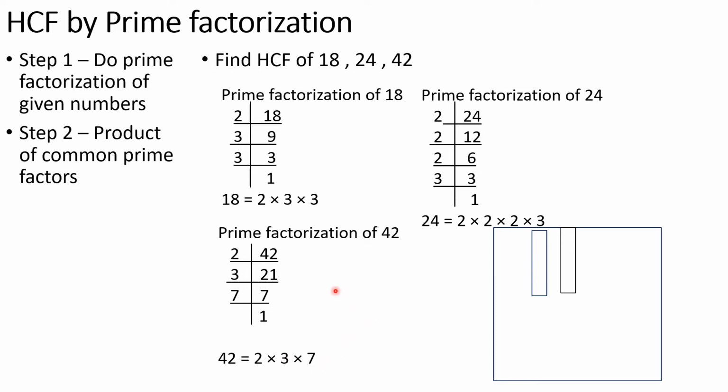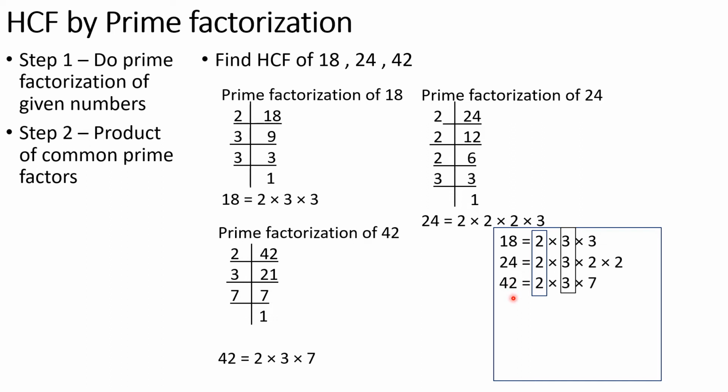Now what we will do, we will write the prime factorization of these three numbers. The prime factorization of 18 equals 2 multiplied by 3 multiplied by 3. Then the prime factorization of 24 equals 2 multiplied by 3 multiplied by 2 multiplied by 2. I have written this 3 before 2. It doesn't make any difference. In multiplication we know that whether we multiply 2 by 3 or 3 by 2, both are the same thing. So 3 times 2 and 1 times 3 we have to write. Here I have written 2, 3, 2, 2, right?